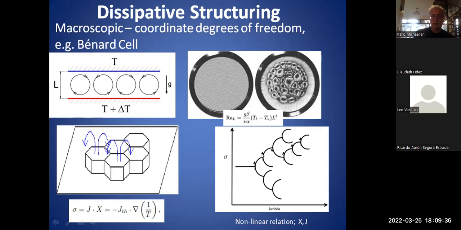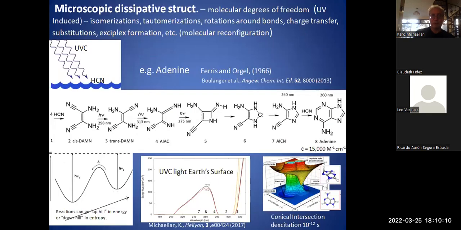Now, nature seems to take the direction of increasing entropy production. And we'll see that that basically happens in the case when we have non-linear positive feedback, or for example, autocatalytic reactions, if we're talking about chemical reactions. This is the flow of heat, but also we could have flow of chemical reactions, or the rate of chemical reactions. And when we go into this nonlinear regime, then we have these two or more solutions to the problem. Okay, so that's dissipative structuring for macroscopic systems.